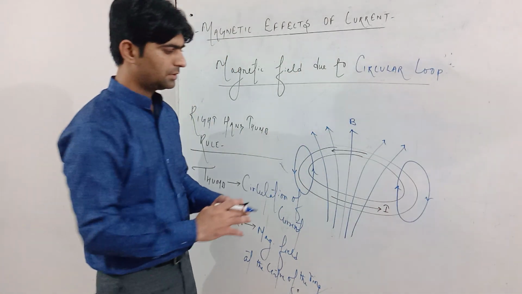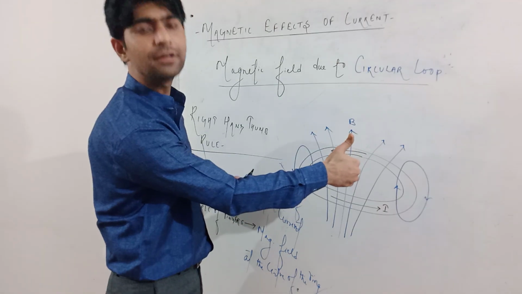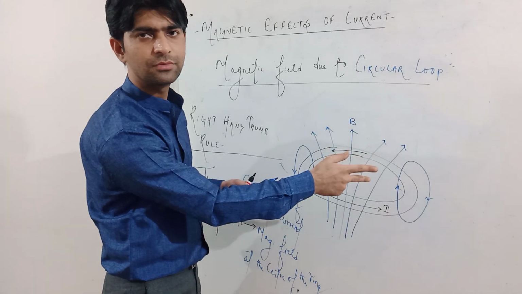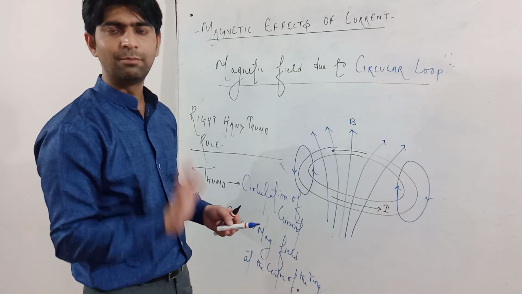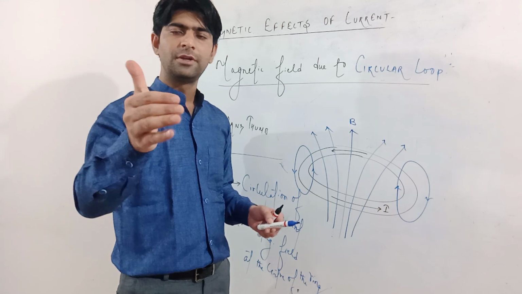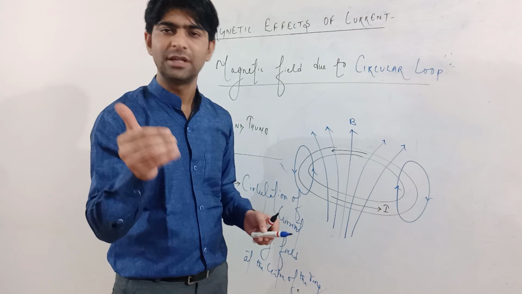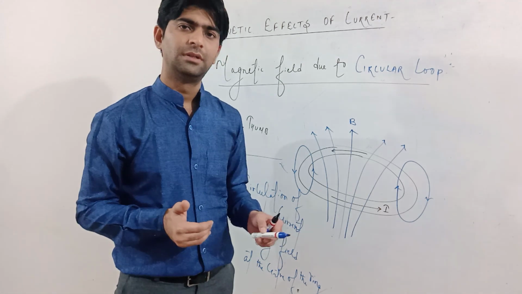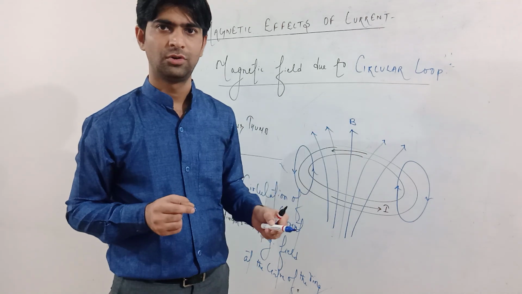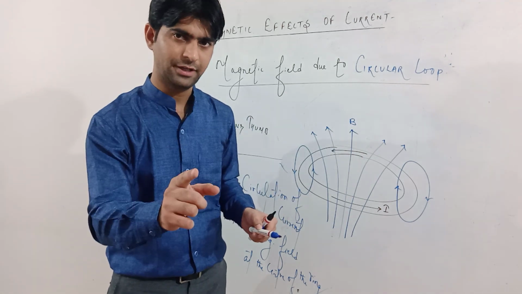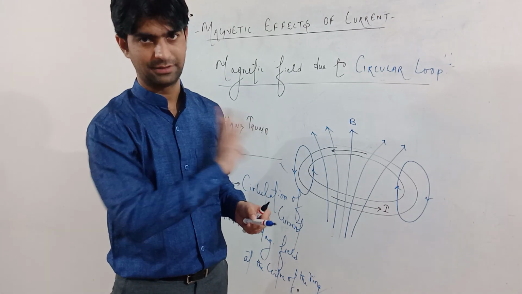I hope it is clear to you. The curls of fingers indicate the circulation of current and the thumb indicates the direction of magnetic field, just inverse to the magnetic field due to a straight conductor. The name of the rule is the same, right hand thumb rule. In both cases you have to stretch your thumb perpendicular to the curls of fingers of the right hand, not the left hand. Students generally make this mistake when they attempt this question, because the pen is in the right hand, so generally in a hurry we apply the left hand and get it wrong. Always remember, those who are writing with the right hand, apply the right hand thumb rule for these two cases.